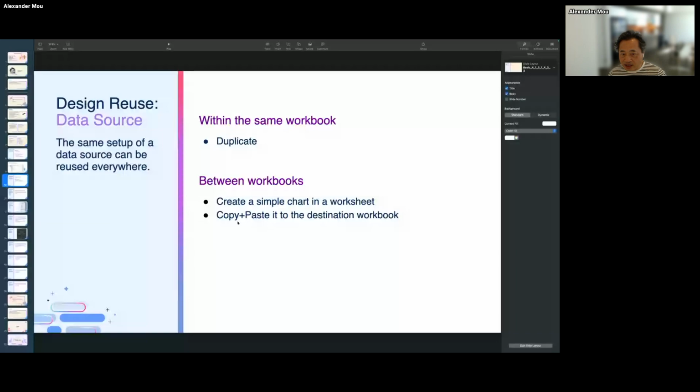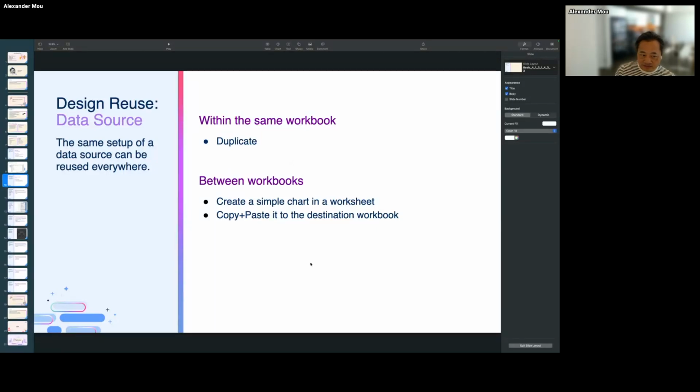And then copy the worksheet to another destination workbook, and that way we copy the data source too. This is the way we copy the data source to a new workbook. It's kind of like a duplicate, but it reuses that data source.